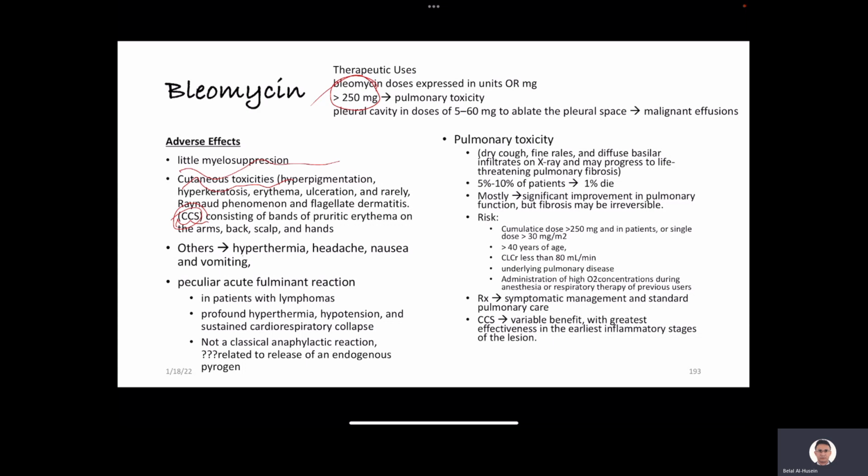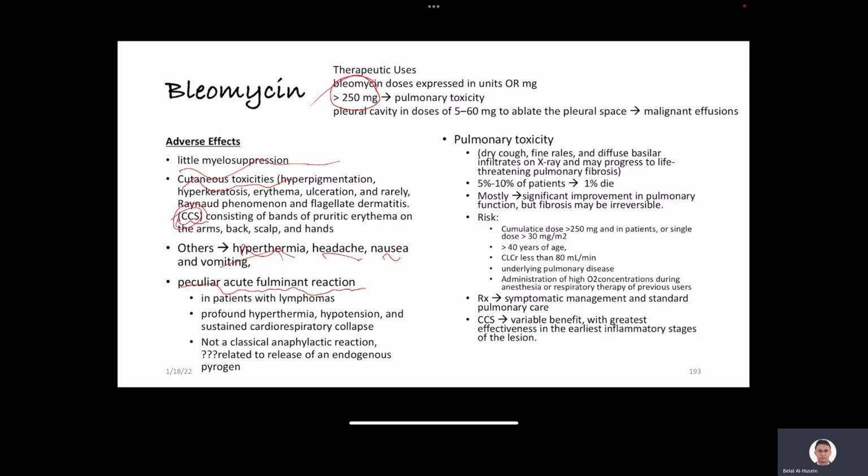We also have hyperthermia, headache, nausea and vomiting, and peculiar acute fulminant reactions, which include profound hyperthermia, hypotension, and sustained cardiorespiratory collapse, especially in patients with lymphomas. It's not a classical anaphylactic reaction, but it could be related to release of endogenous pyrogens when cancer cells